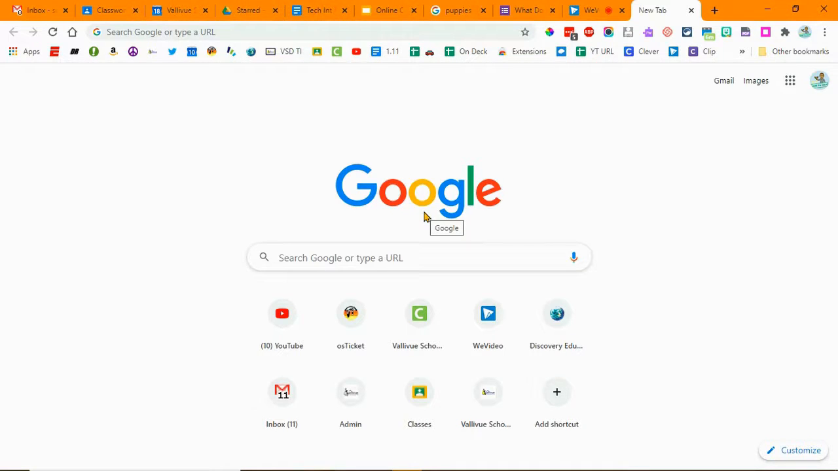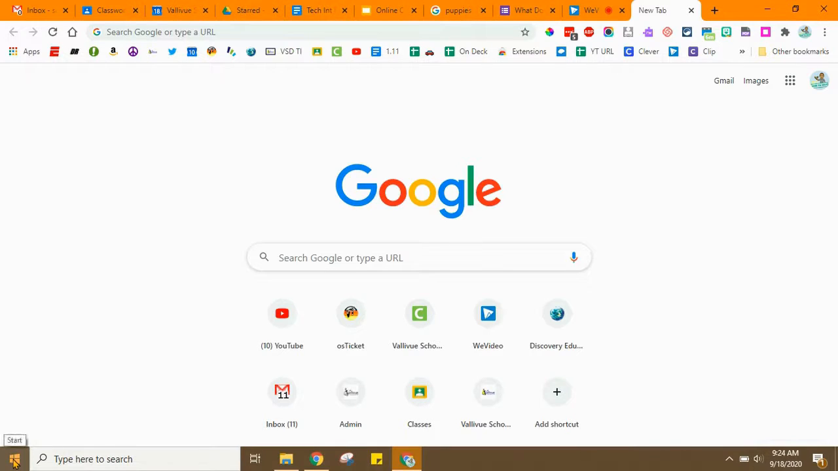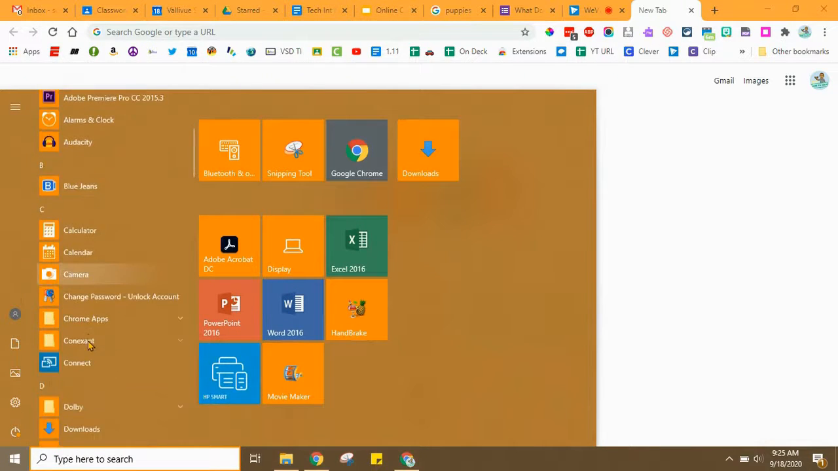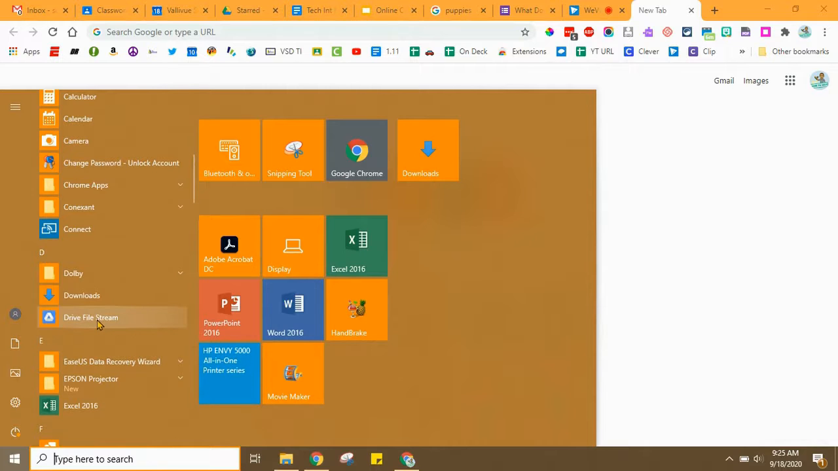So what you're going to need to do first is to come down to the Windows icon, click that, and it's going to bring up all the things that are available on your computer. And you would want to click on Drive File Stream. If that isn't there, get in touch with me and we'll have that pushed out to your computer. You'll click this, it will prompt you to sign into your Google account. You'll have to do the two-factor authentication step, and then you will see, once you're signed in, a little icon